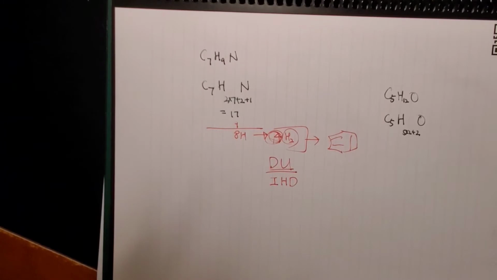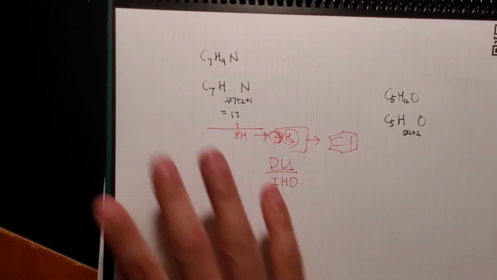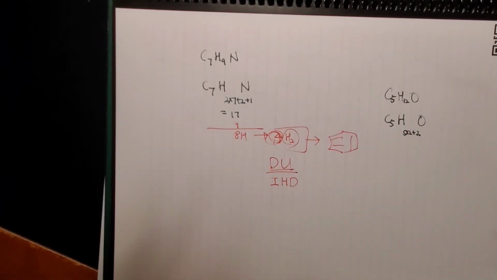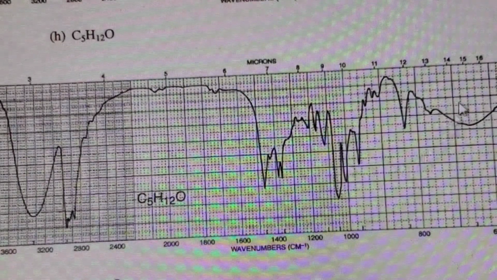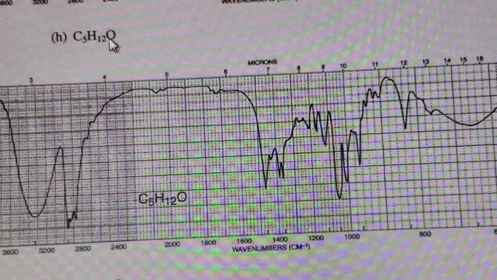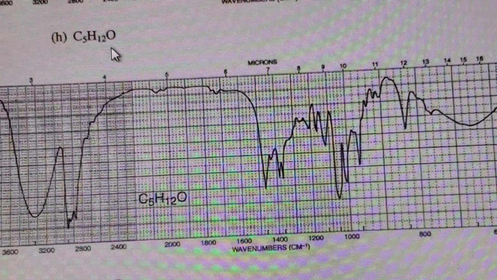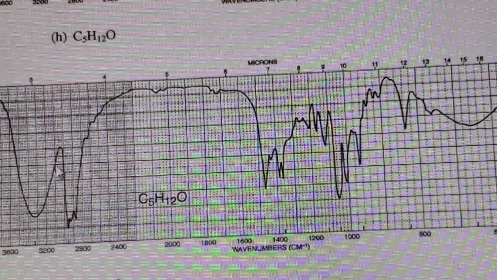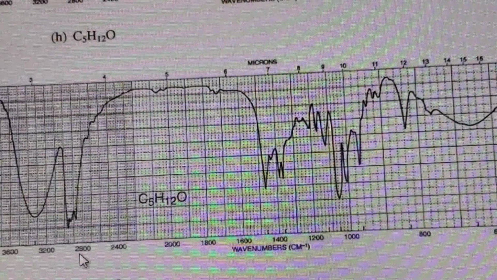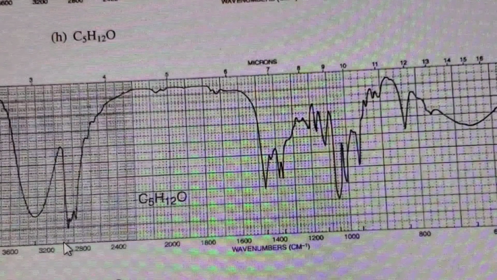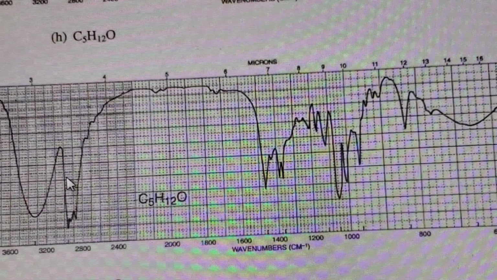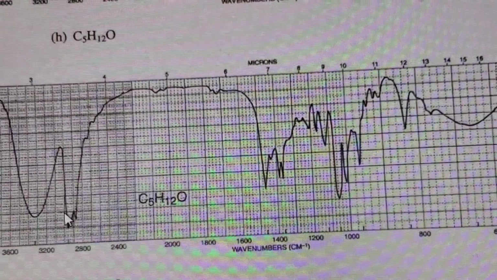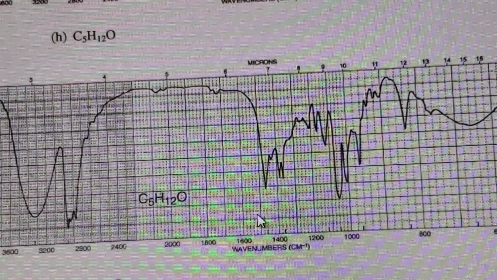So let's start looking at the IR spectrum and the formula. This will help you simplify the problem solving, and we'll see that. When you look at this spectrum with the formula C5H12O here, you can see OH, not carboxylic acid. So it's a regular alcohol OH, and 3000 is right here. It looks like there's no CH over 3000, so everything should be sp3. And here there's nothing,